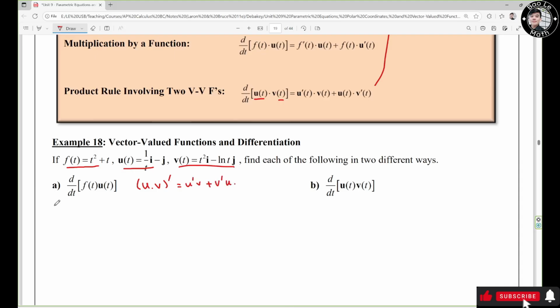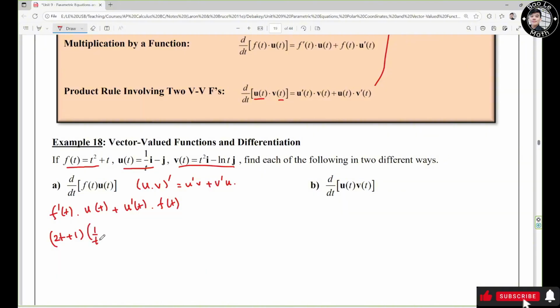So this turns out to be f prime of t times u of t plus u prime of t times f of t. F prime of t equals 2t plus 1, times u of t, which means